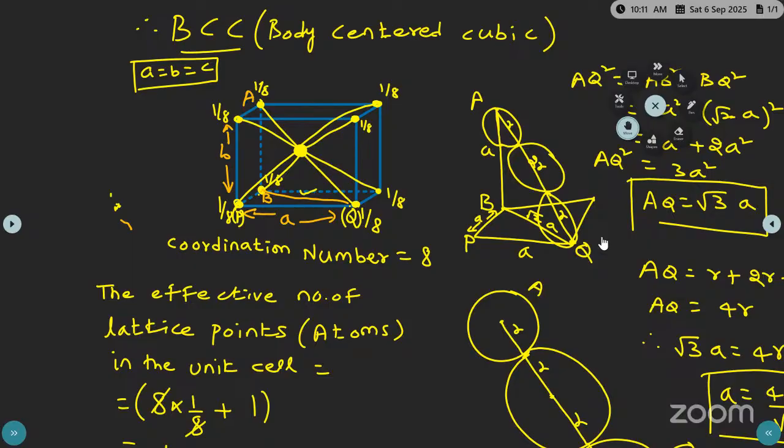So here, in order to calculate packing factor, we consider one corner atom at the top corner A, and one bottom corner, opposite side, as Q. See here, this is how we consider. This is atom A, and this is atom Q. And the AQ length indicates the diagonal of the cube. So at position A, there is one atom, and this is the body centered atom. And again, Q is a corner atom. So as the atoms are in contact,